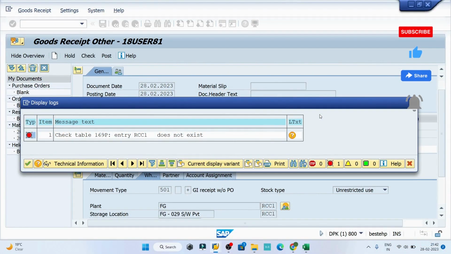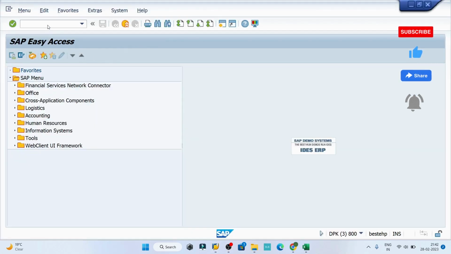Today we are going to resolve another error, and the error is check table 169P entry RCC1 does not exist. To resolve this error, I'll open another window here and I'll go to the transaction code OMRG,